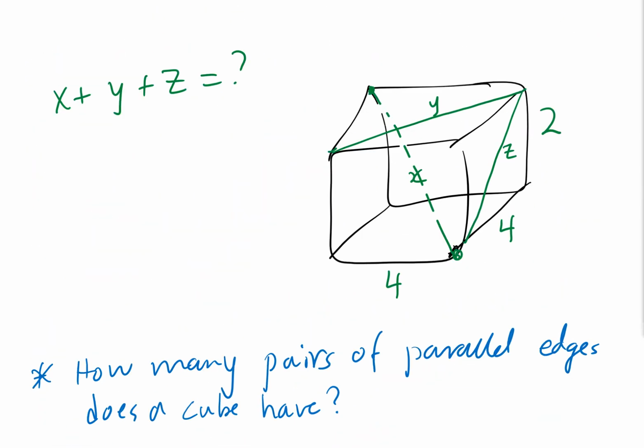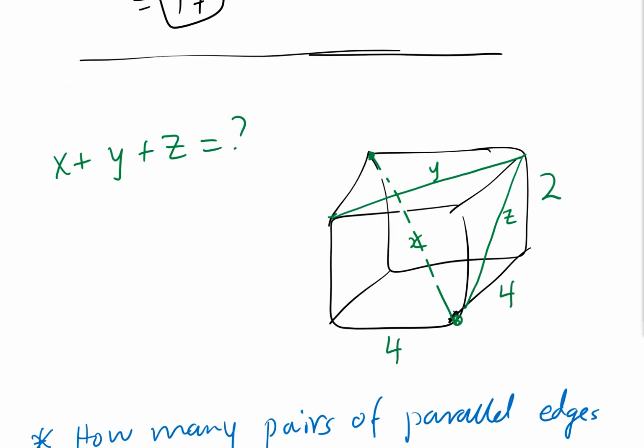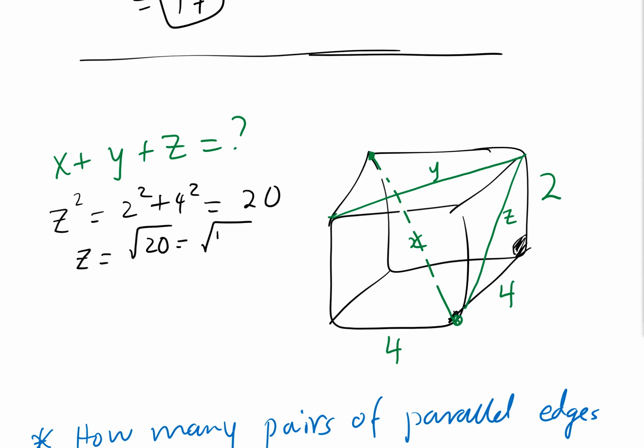Let's go over them. So for the first one, how do we start? We start by finding z. This angle is 90, so we can find z by using the Pythagorean theorem. z squared is 2 squared plus 4 squared. That's 4 plus 16, 20. So z is the square root of 20, which is 4 times 5, and that simplifies to 2 square root